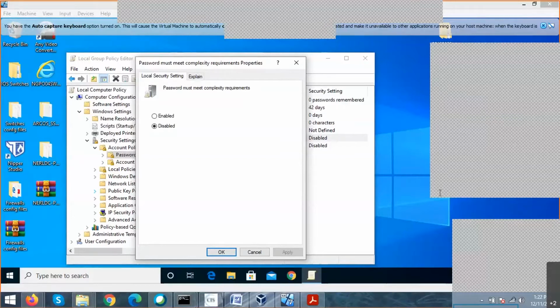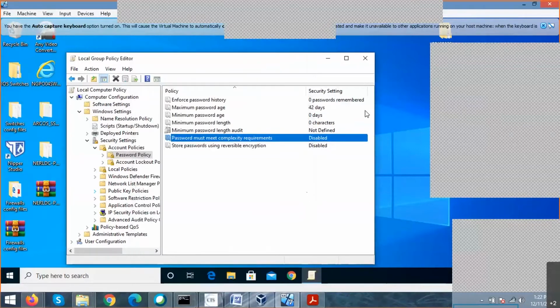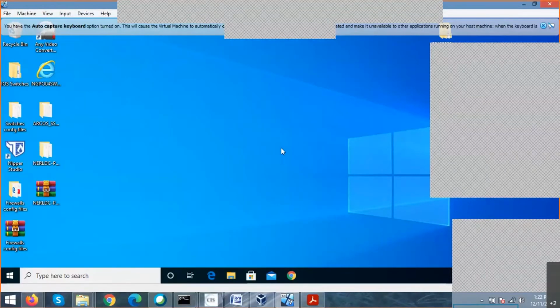Sir, what about Linux OS? Is that also part of the class? Yes, Linux also I'll show you, sir, because the same thing is also applicable. Linux also I'll show you after the lunch session. The same tool. In my case, I'm running this Windows OS, right? In the after-lunch session, we'll show you how to harden Linux OS. The Windows part is completed. For Linux, how to harden and where exactly I have to do it, I'll show you that also.